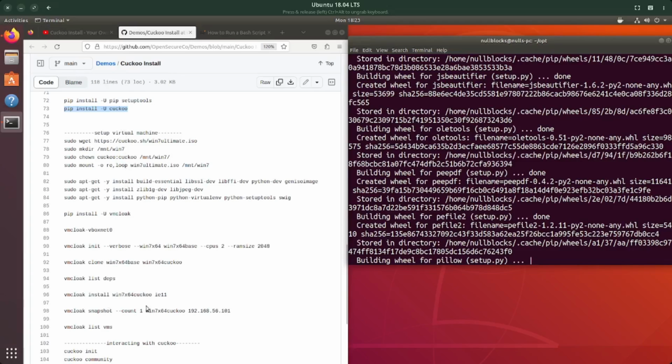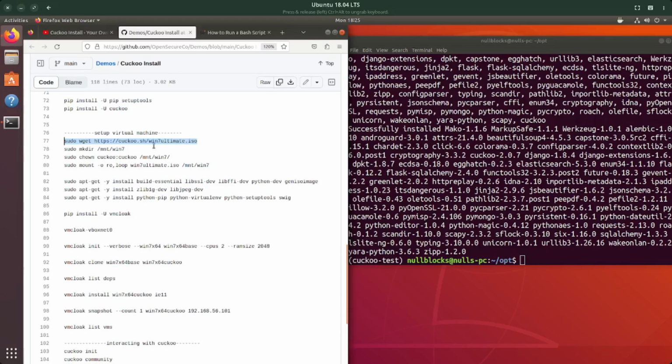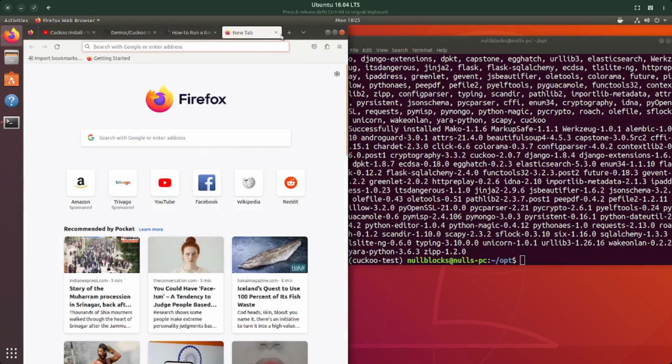Now these steps are remaining. Okay, let's see. Cuckoo Sandbox is installed successfully. Now here is the interesting part. Now we are in this command. What this command is, wget is a tool which is trying to download the Windows 7 ISO file from the cuckoo.sh website. In previous iterations, I faced the problem that the internet speed is quite low and it cannot take the whole bandwidth of the internet, even if your internet is faster. But what I found as an alternative is